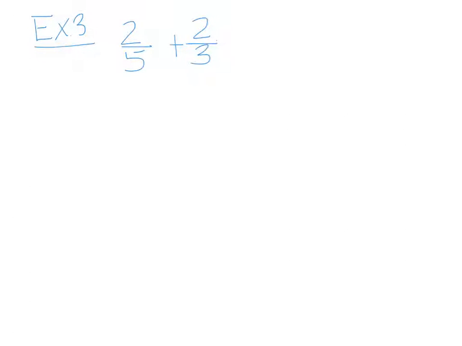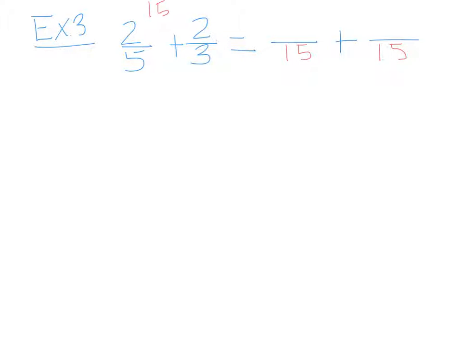Okay, example number 3. We're going back to 5th grade when we add fractions with unlike denominators. So for example number 3, go ahead and write down 2/5 plus 2/3. Now, I do not want you to work ahead. I want us to do this together so that it brings everybody to the same page. When we have unlike denominators, we find something in common that both denominators have, which in this case is 15. So we put 15 and 15, and then in our heads, what we do is we say